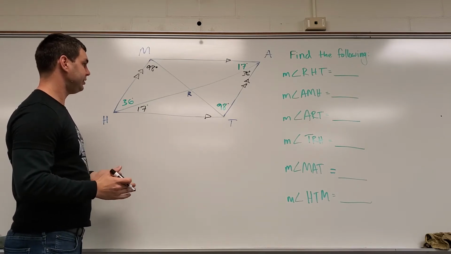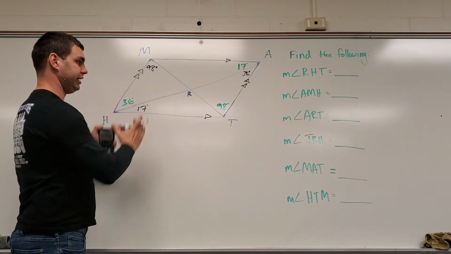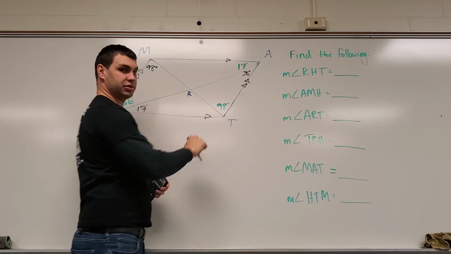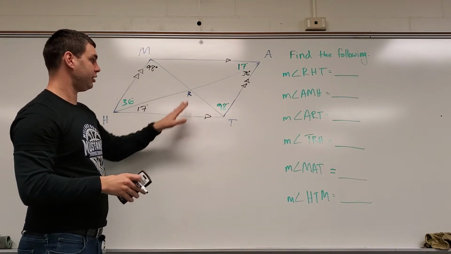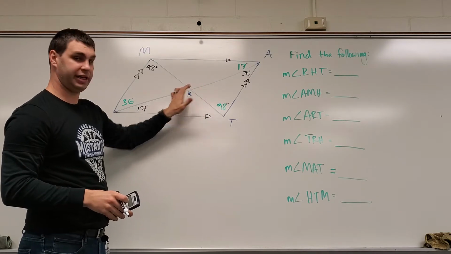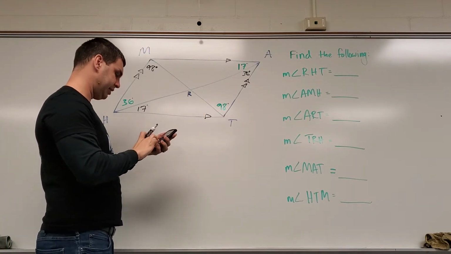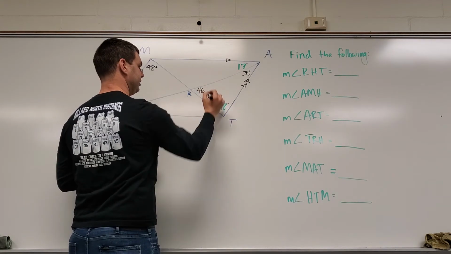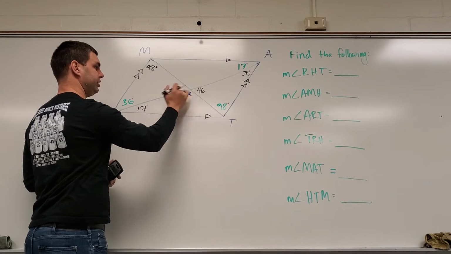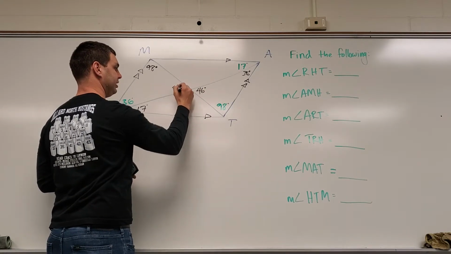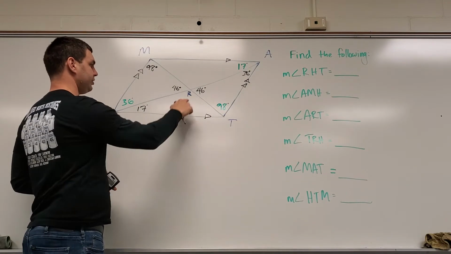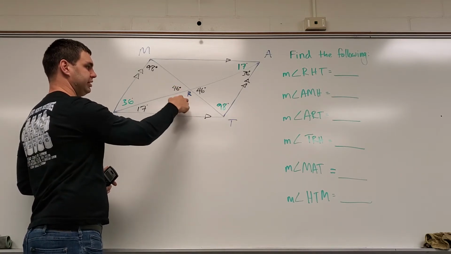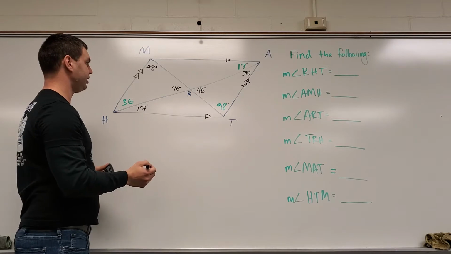Okay? Besides that, then what we want to do is look for the different triangles that we have. And I'm seeing that this triangle over here has 2 of my 3 angles already filled out. So I need to just take 180 and subtract those 2 to get the third angle. So I'm going to do that with my calculator. I have 180 minus 98 minus 36. And this is 46. Okay? And then we have vertical angles here and here, 46 degrees, and this also has to be 46 degrees. Okay? And then to figure out on either side of those, what we can do is either take 180 minus 46, since these are a linear pair, or what we could do is,